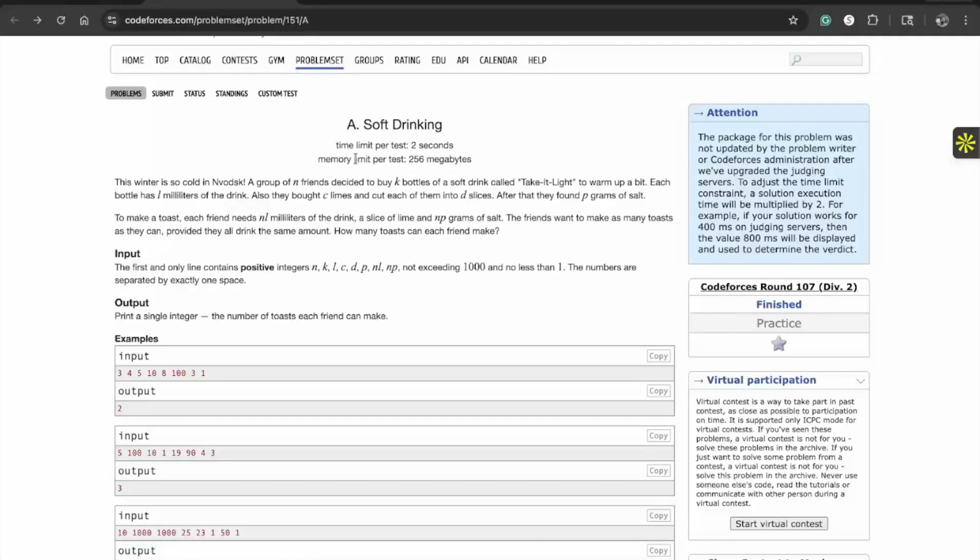Hello everyone, let's talk about this question today. Today we have a slightly more intuitive question. It's called soft drinking. It says a winter is so cold in a place which I don't want to pronounce